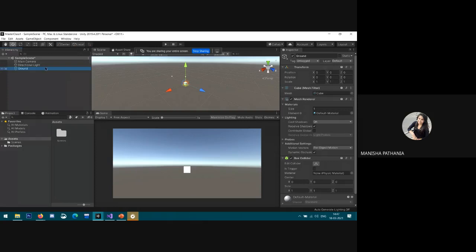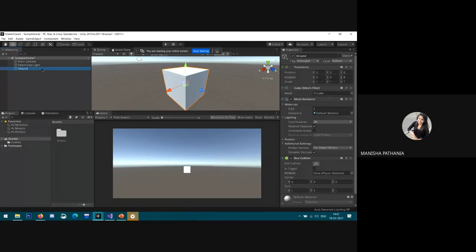After that, simply double click on the ground, or you can simply press the F key on your keyboard. You can also see it in the game view.